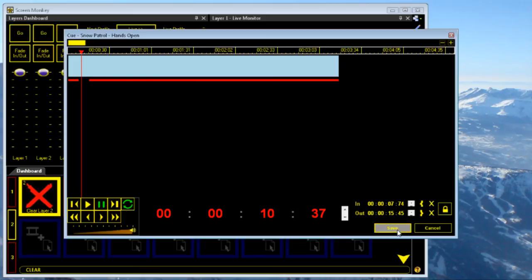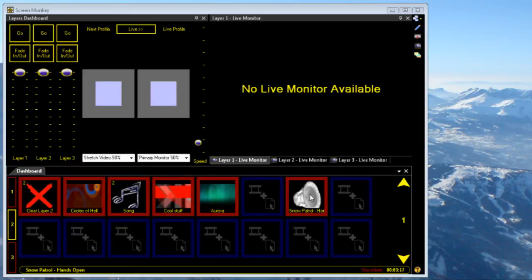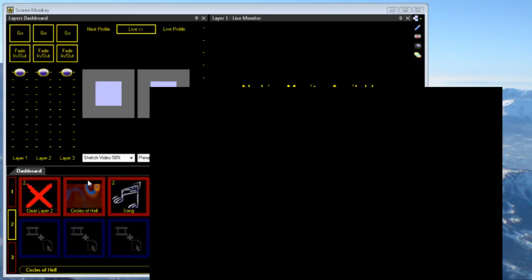Okay, and as you can see, it looped pretty seamlessly there. So I'm just going to save, and if we play the audio clip now,